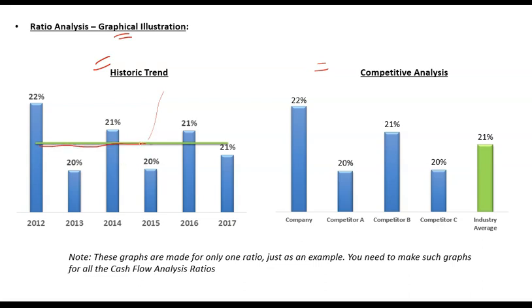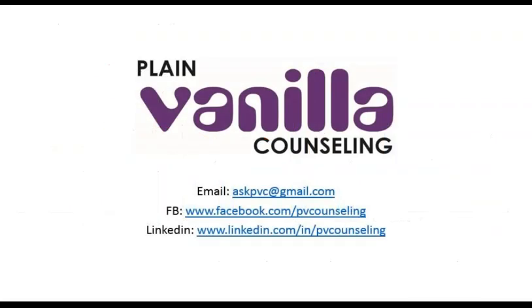So this line is an average line. This helps you analyze whether the company is above average or below average, or below the historic average, and this will help you analyze whether the company's ratio will increase or decrease. So from here it is expected to decrease, and from here it is expected to increase to maintain the mean reversion level. And similarly, comparative analysis will help you analyze the company's position compared to the industry, and whether it is expected to decrease or increase over the long run.